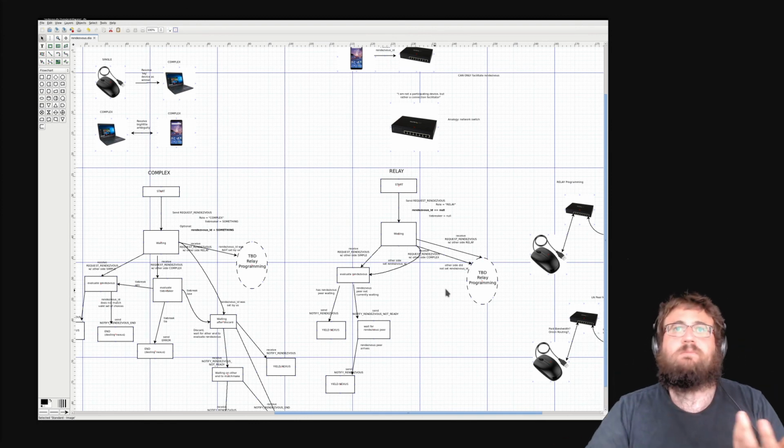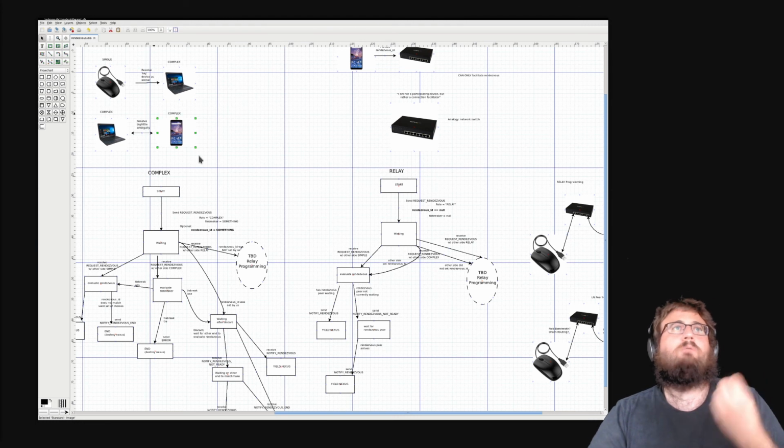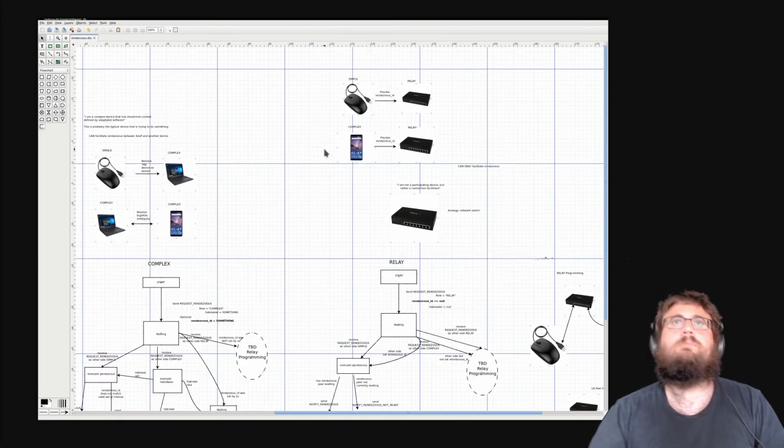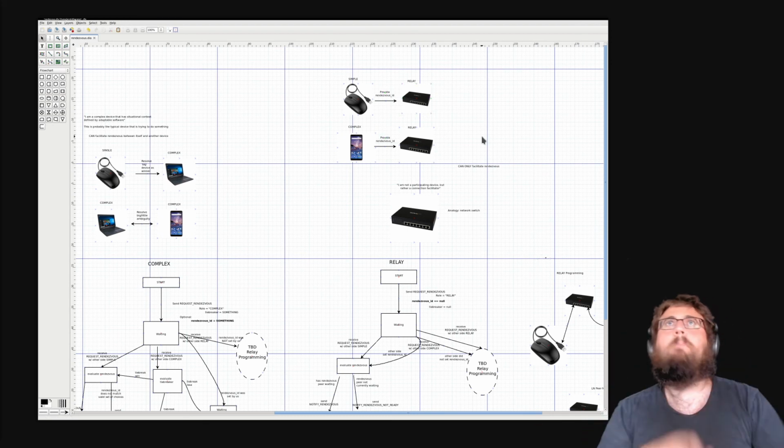So the problem is, when you have one of these complex devices and they're intersecting in this, what's actually being done. But at the very basic, if either a simple or complex device provides a rendezvous ID, the relay can then hook them up with whoever they're looking for. So that's the basic thing. But then where to go from there?